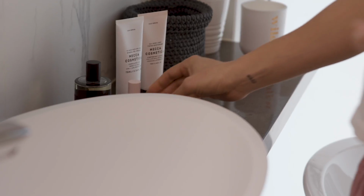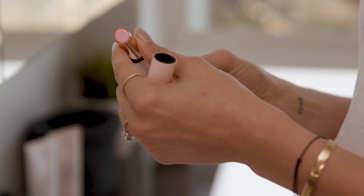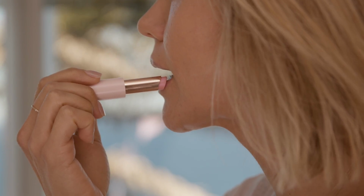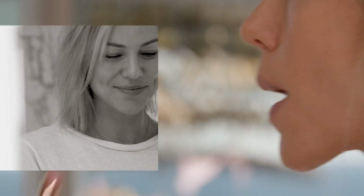So the final skincare step is the lips. I love the Mecca Cosmetica Lip Glide. It's got an SPF 15. It's really sheer, it's very hydrating, but it protects your lips from the elements. This one has got a little pink tint in it, which I love, and it just feels luscious on my